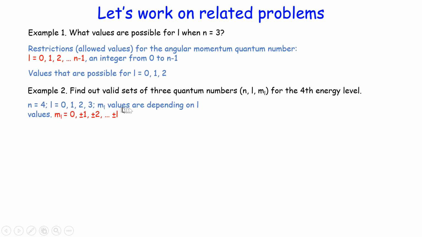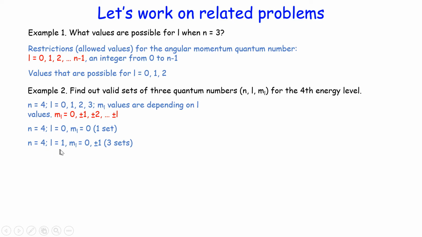Then the ml values are dependent upon the L values. So ml equals 0, plus or minus 1, plus or minus 2, until plus or minus L. When L equals 0, and n of course is 4, then ml can only be 0. So there's one set of 3 quantum numbers, or 1 orbital. N equals 4,